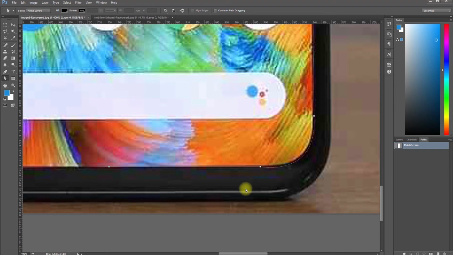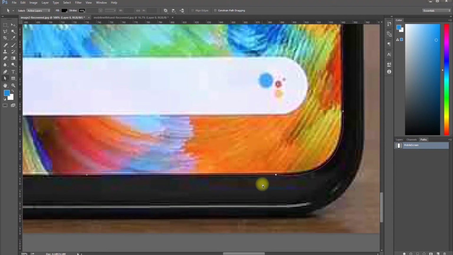For editing or moving a particular anchor, you just need to click on that anchor. And how do you know whether this anchor is selected or not? If I click on any of the anchors using the direct selection tool, it will fill that anchor with solid white. Like you can see, other anchors only have boundaries, they are not totally filled. So whichever anchor is selected, it is filled with color. Like if I click on this, it will fill. If again I click back on that one,